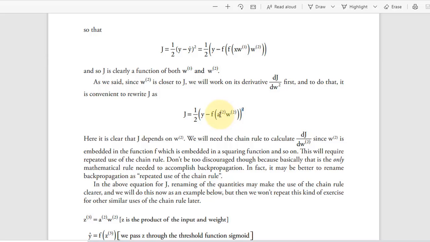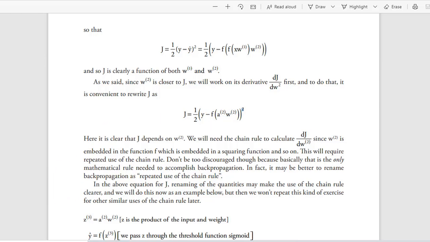do it sort of again and again and again, because this is embedded in several different layers of functions. So we have a squaring function, and then it's also embedded in this f, so we'd have to use the chain rule again. And we didn't spend that much time on the chain rule, so I assumed that you've used the chain rule, but maybe we should just do one quick example where this kind of situation